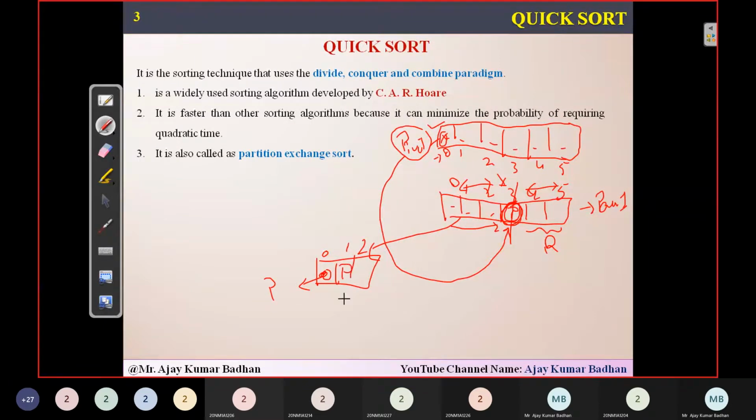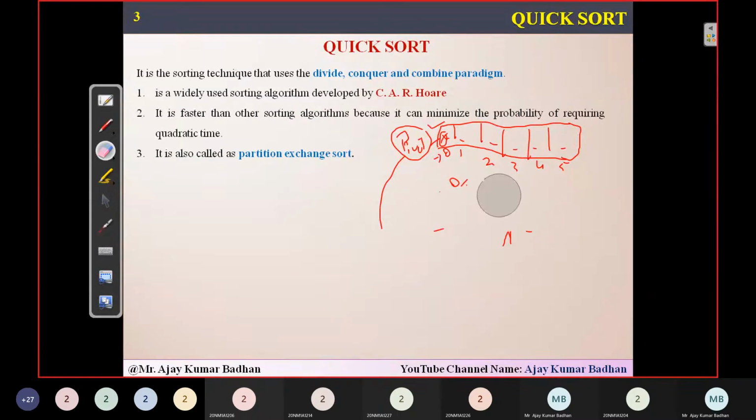So what does that mean? Whatever elements you have on the left hand side are less than p, the pivot number. And whatever elements are present on your right hand side will be greater than this pivot number. So this is the way exactly we are going to sort. For every pass we'll have one pivot point like this, and that pivot point is in its correct position. In this way we will be sorting the entire array. This is the simple technique that is actually used to sort in the quicksort mechanism.